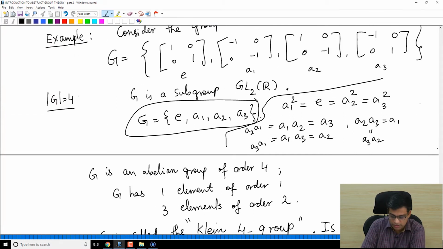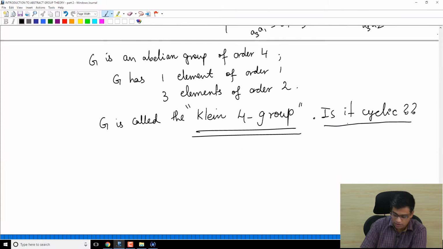It's not, right, because it's certainly not the group generated by E. Is it the group generated by A1? No, because A1 squared is identity. So the group generated by A1 is just E, A1. Similarly, the group generated by A2 is E, A2, because A2 also has order 2, and same with A3. So it's not cyclic